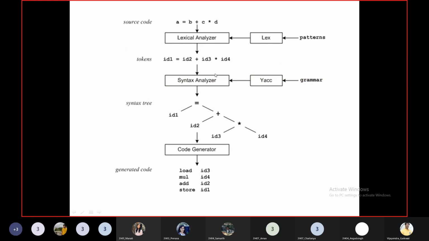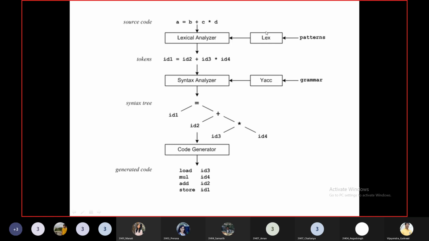Like we saw the diagram in the Lex program, similar diagram, whatever input expression we are providing from the source code, that is given to the lexical analyzer. Now, lexical analyzer along with the expression will have another input as the Lex program, right? In which we have defined the patterns.